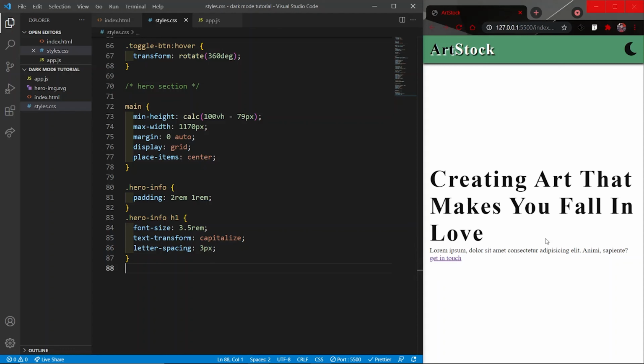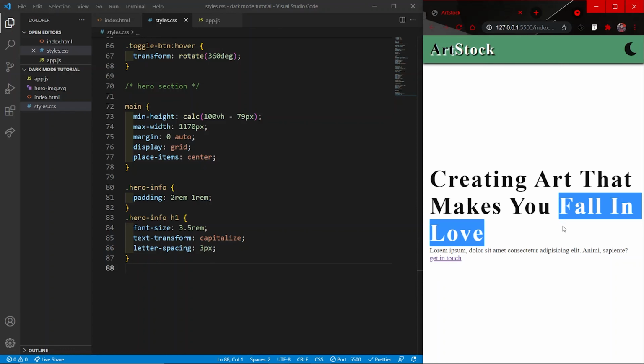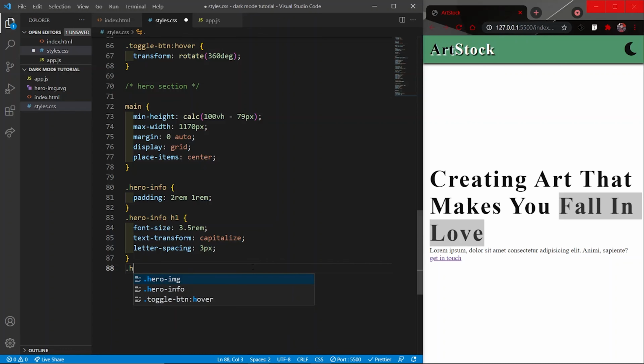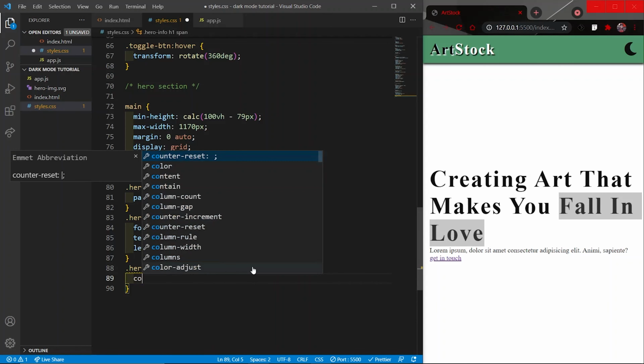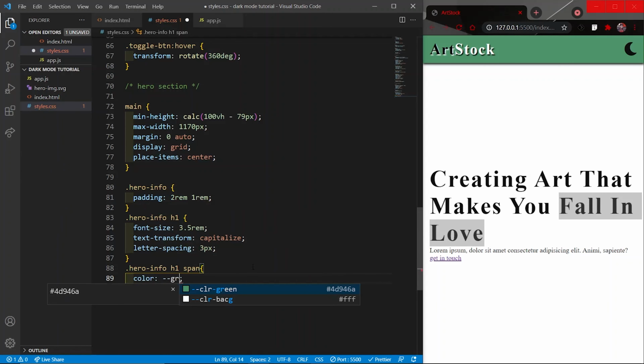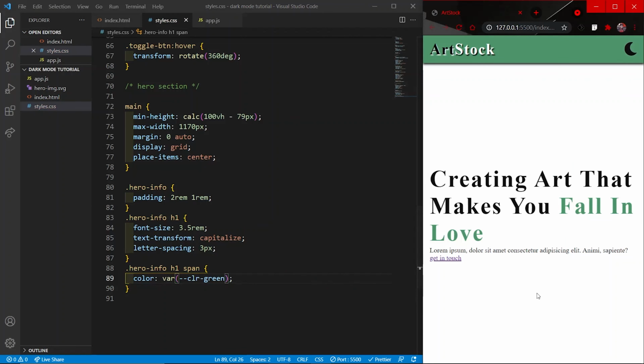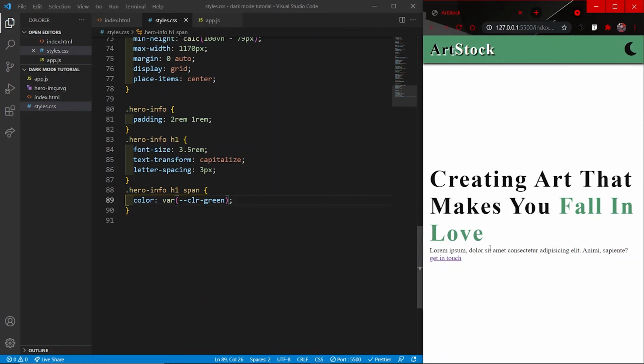Then again we want this part to be styled differently. So I will again select hero info h1 and then I will target the span and give it the color of green. So this is what we have.